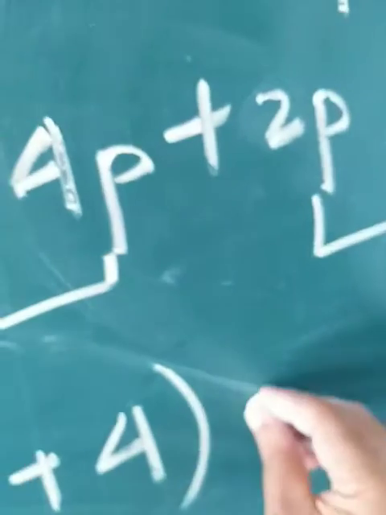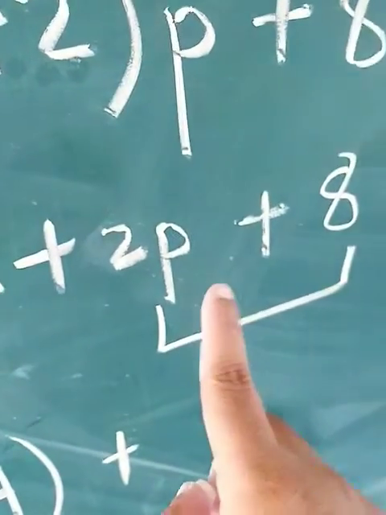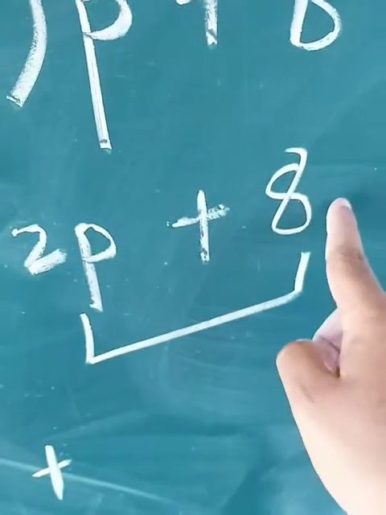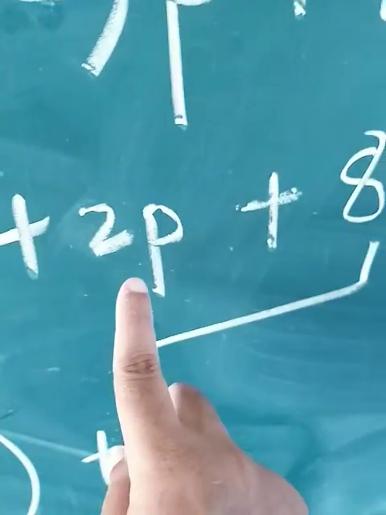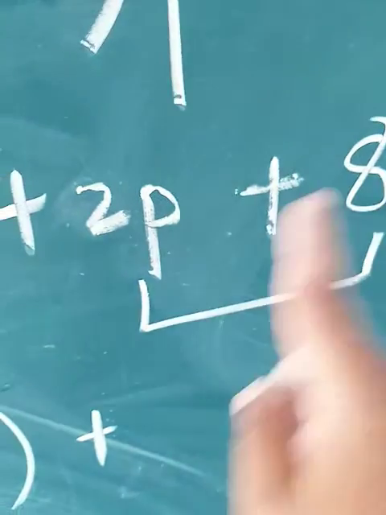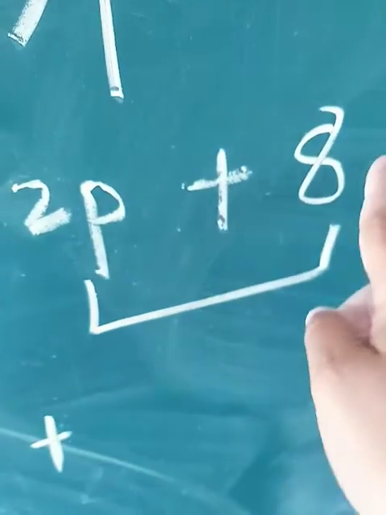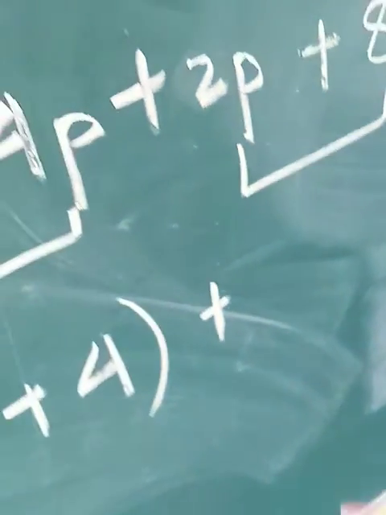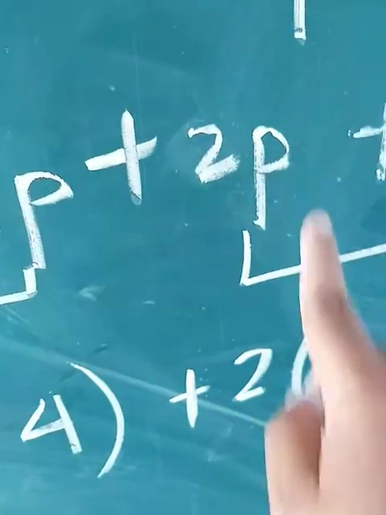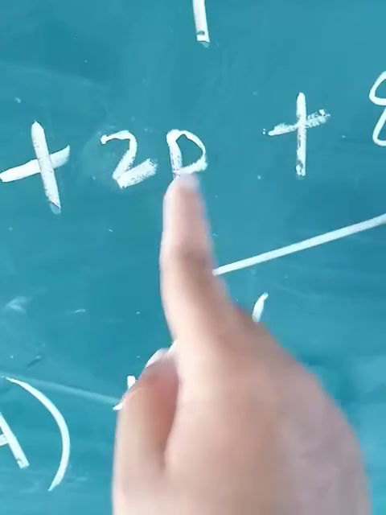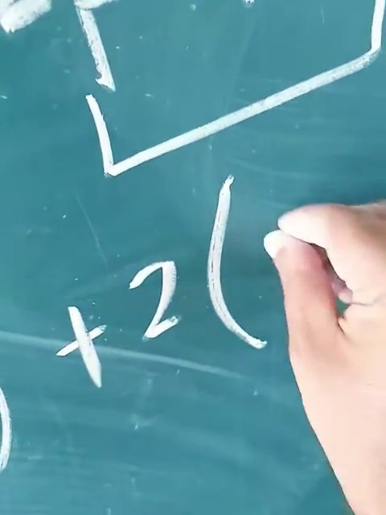Similar thing we'll do with this also. What is the common part? We cannot take p as a common because 8 is not carrying p as a coefficient. Now let us concentrate on the numbers. That is 2 and 8, isn't it? So 2 is divisible by 2 and 8 is also divisible by 2. In this case, we will take 2 as a common. Now, if we divide 2p by 2, then this 2 will be cancelled. What will be left out? Yes, p, inside the bracket.